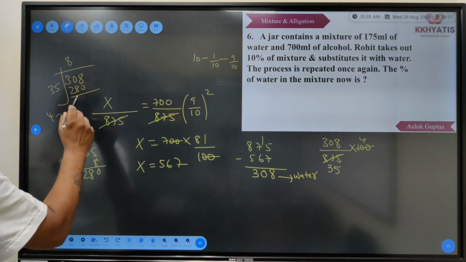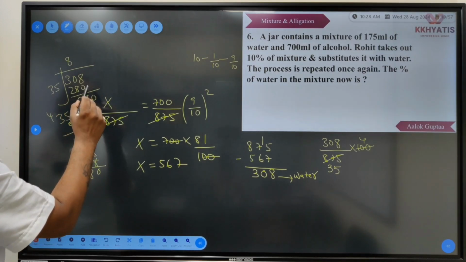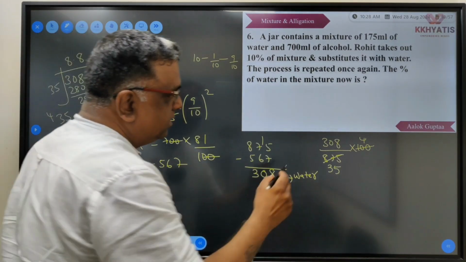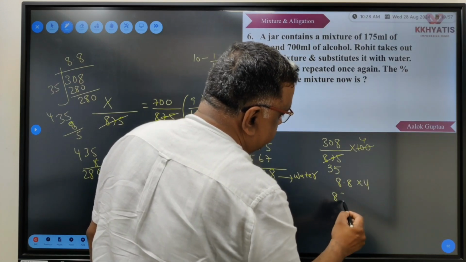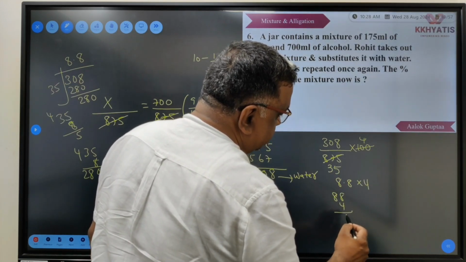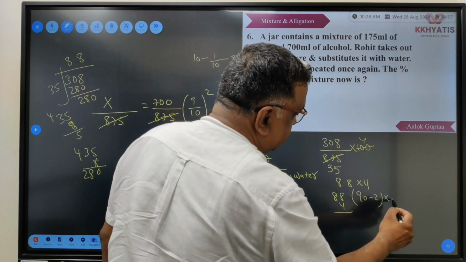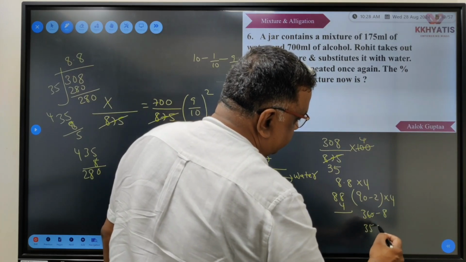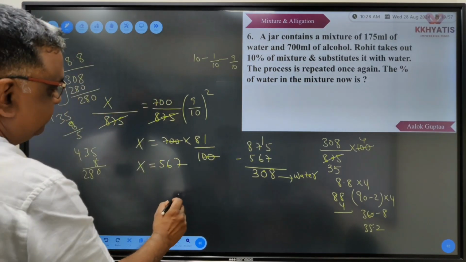So how much is left? 28. So 28 is left. 10, I will again, it will go by 8. So 8.8. So this becomes 8.8 into 4. So I'll do 88 into 4. Or I can do 90 minus 2 into 4. That will be better. So that will be 360 minus 8. So that will be 352. So 35.2